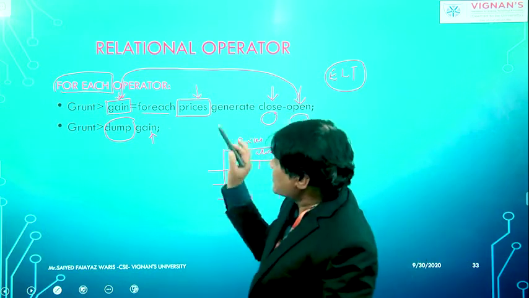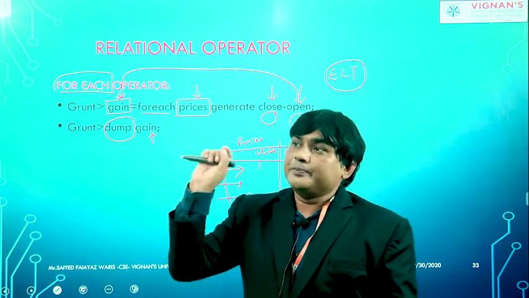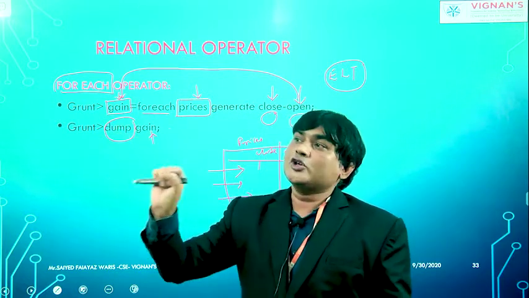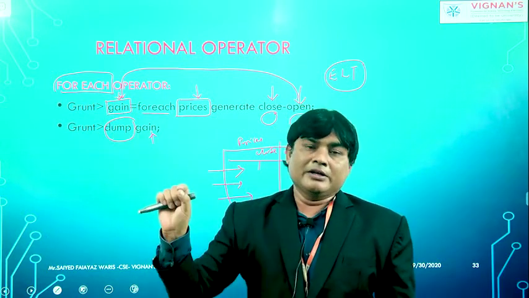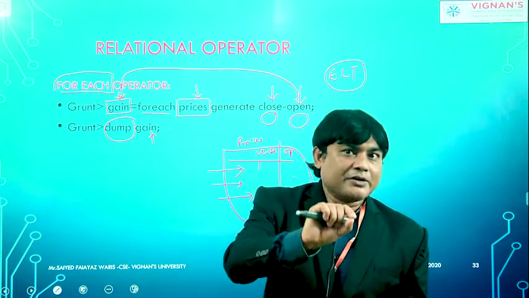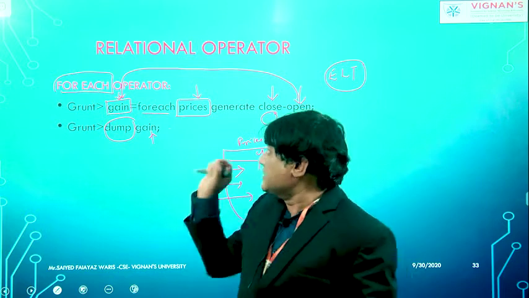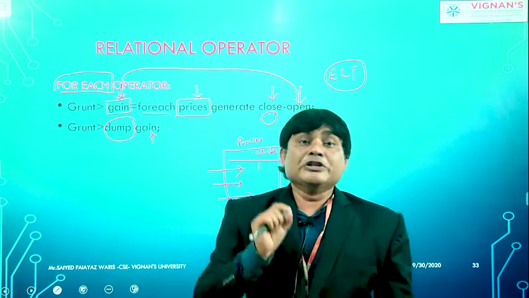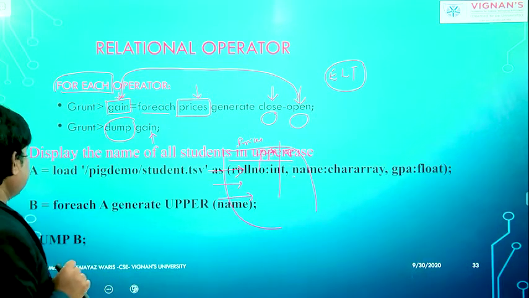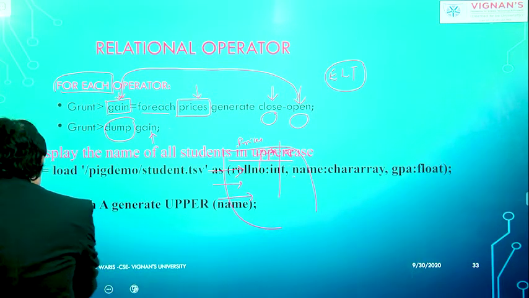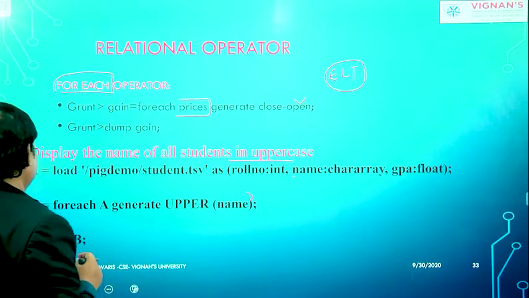So the FOREACH operator is going to see each row, and based on your script, your action, your plan, it executes the plan, stores the result back to the relation, and from there we can see the results. This is a very important operator we use in Pig Latin scripts. Let us see the other example.